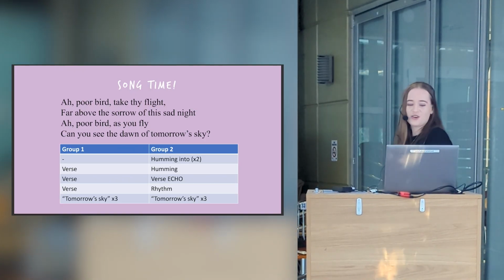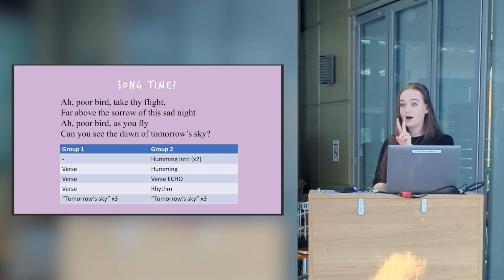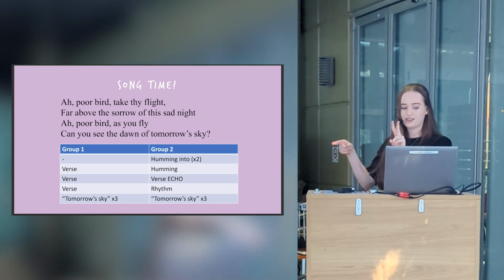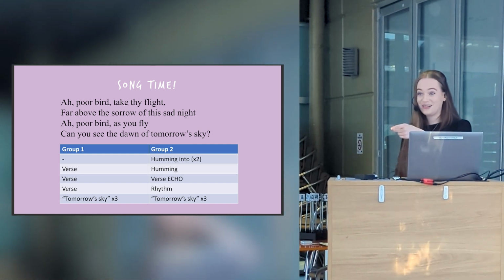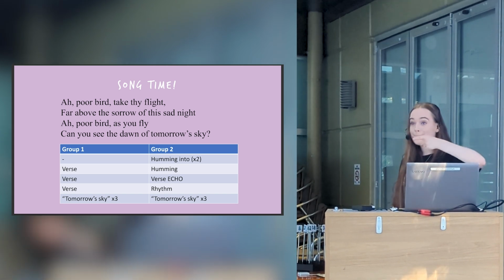All right, let's try our whole song. So we're going to start with two hums. And then group one is going to also join in. Here we go. Here's our starting note. Two, three, and